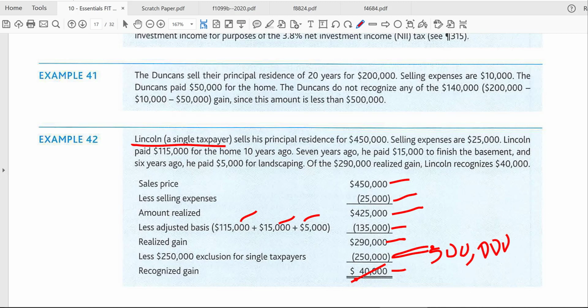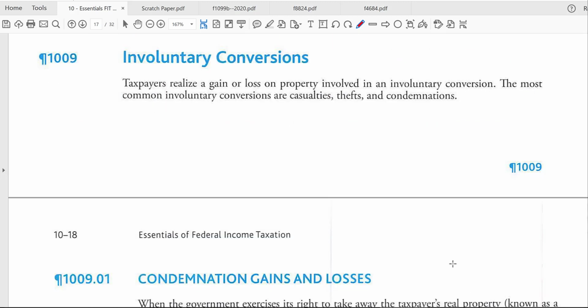Let's look at our next section. Our last section here called involuntary conversions. In other words, accidents, disasters that you don't plan for. Maybe you plan for, but you hopefully don't expect it. Or possibly the government takes over your property because they want to run a freeway through your neighborhood. This is a gain or loss situation, just like you're selling the property. And whatever insurance proceeds you receive, whatever award the government gives you for the property,